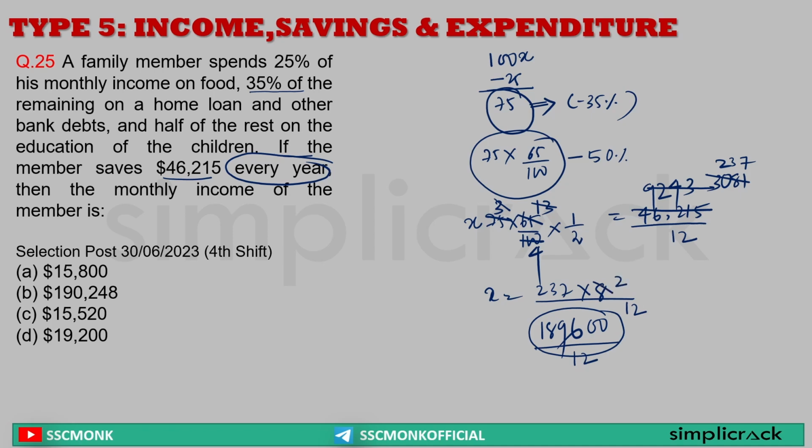Sir, 4 2s are 8. 4 3s are 12. 7 3 plus 7 plus 3, 10 plus 12. That means this is divisible by 3. Sir, 3 7s are 21. 3 9s are 27. 79 into 2 is equal to 158 into 100, because that is the monthly salary. So what is my monthly salary? 15,800. See, if you do not understand this, if you miss this part, you will think about what I did